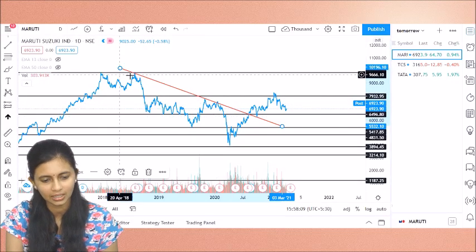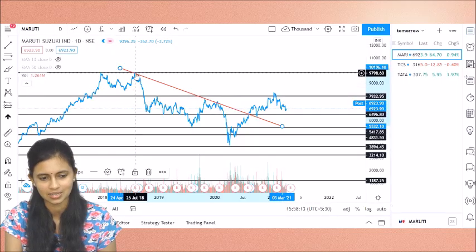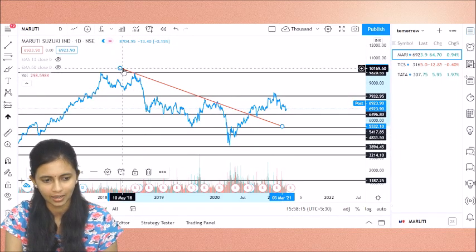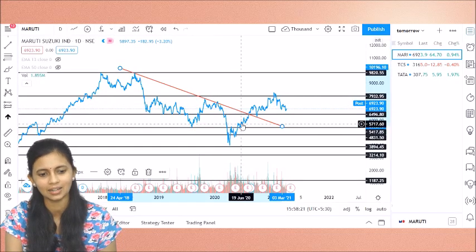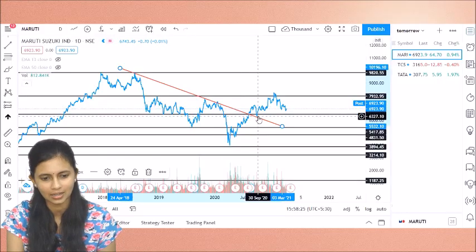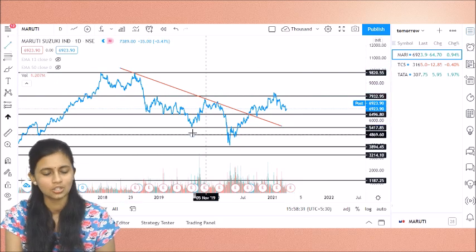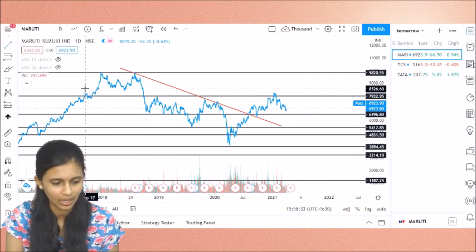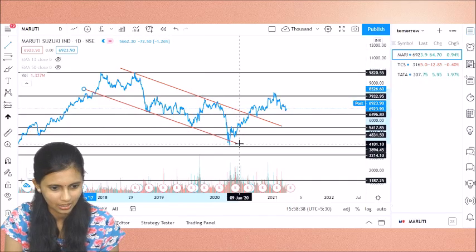So this particular level acted as support. First this level acted as resistance. The stock just came to this point and then came back. From here if I go on drawing the line, you can see next again this acted as a resistance. After that the stock broke this resistance, it went a little up and again this acted as support. The same resistance level acted as support later on. So now if I again draw another trend line, say joining these points,